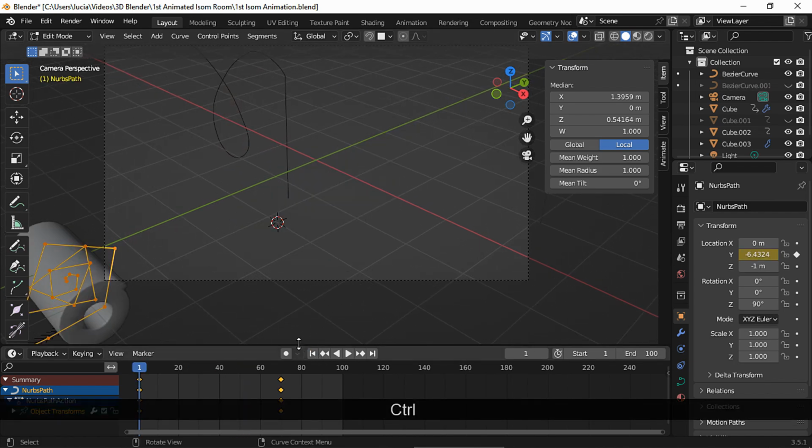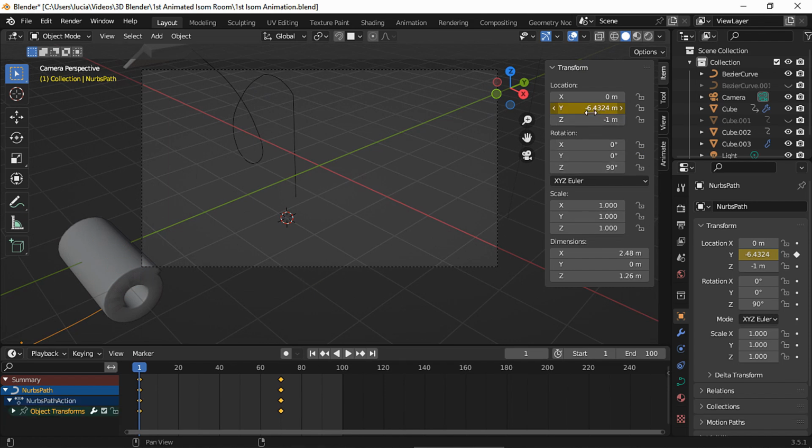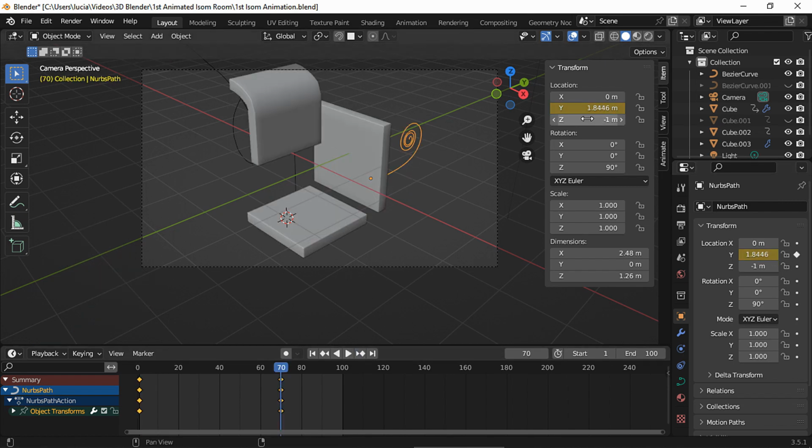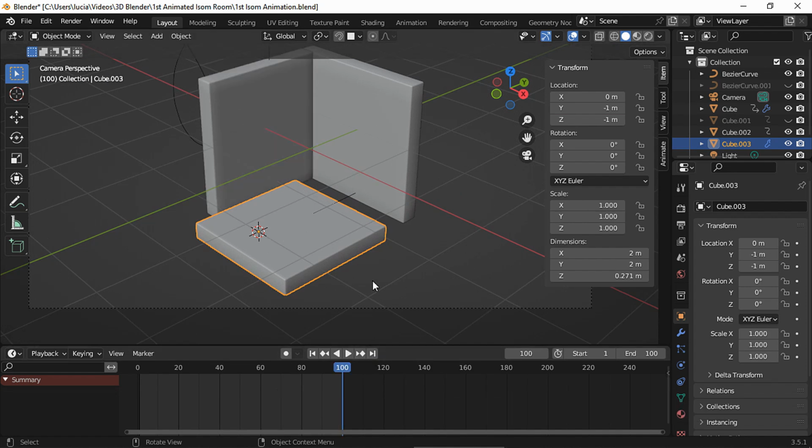And of course, we need to tweak the path keyframes a bit. And let's move the floor to the position where it should be.